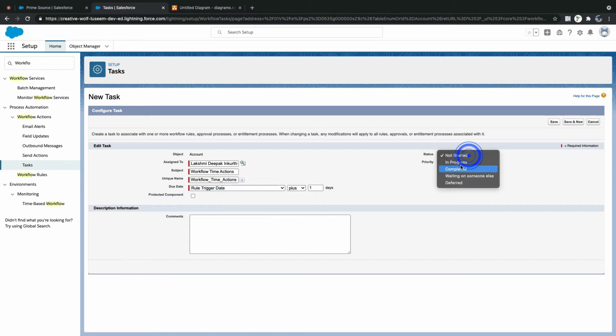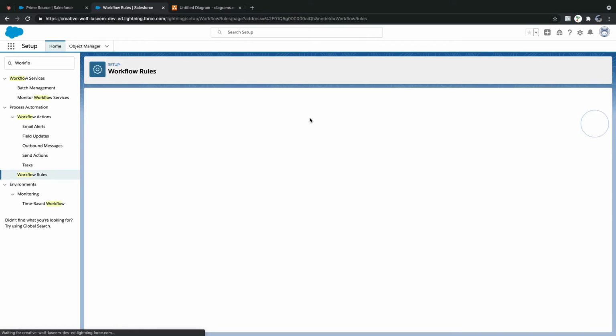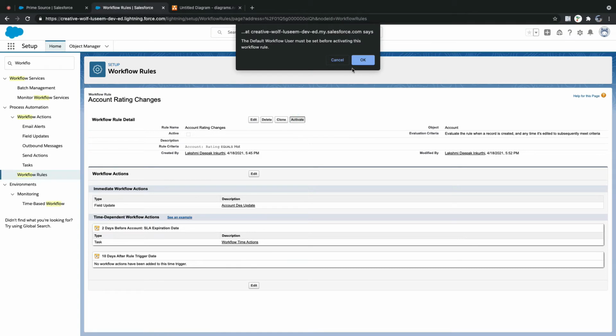Status deferred, waiting on someone else, priority normal, and I'll save it. Done. When will this be created? 2 days before SLA expiration date. Yes, 2 days, and I'll say done, and activate it.